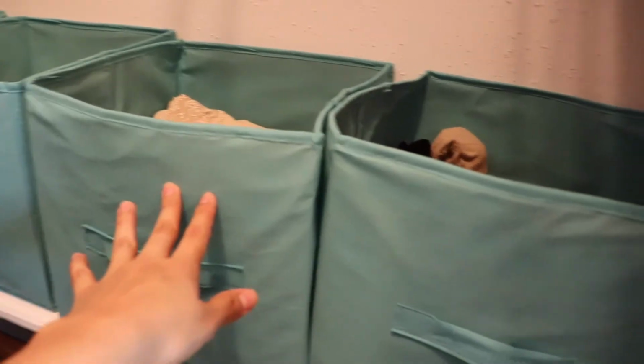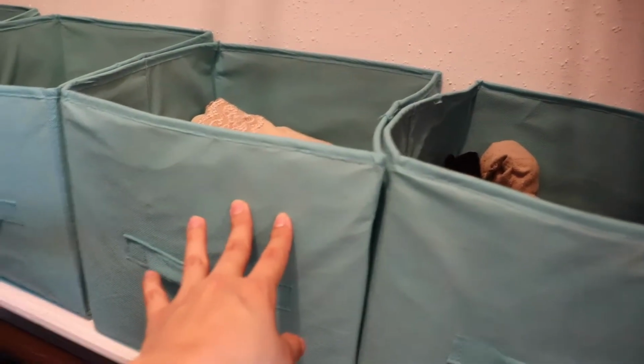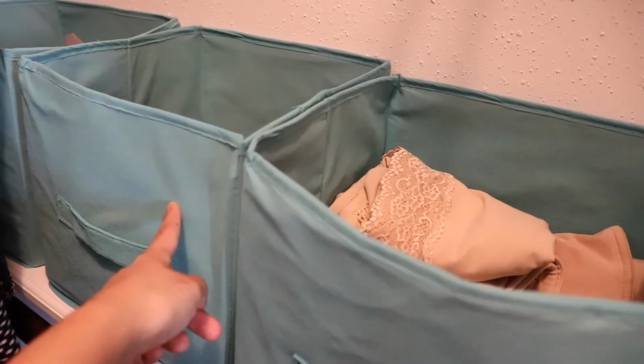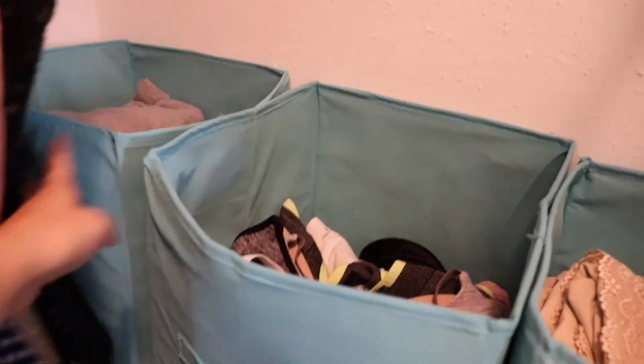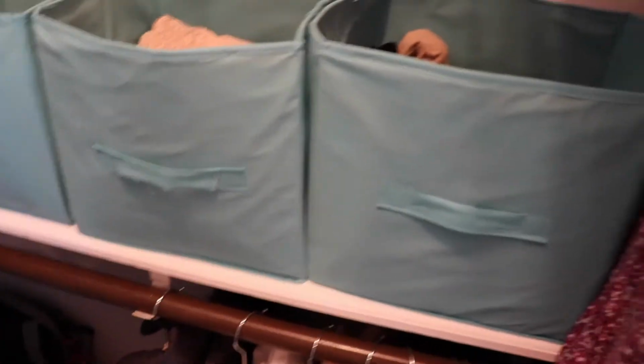In this box I keep all of my undergarments, like my underwear and girdles and things like that. And in this box I have my bras. And in this last box over here, this is where I keep all of my pajama bottoms and tops. And it just makes it really simple to just come in the closet and grab whatever I need. And down here I just keep my